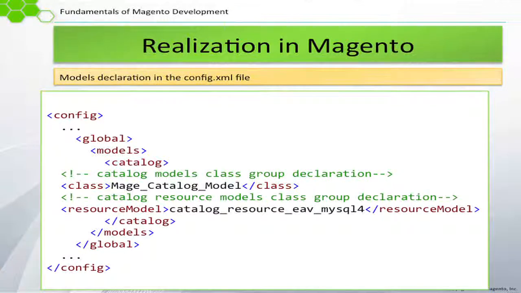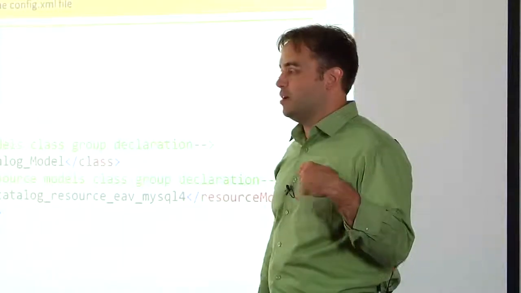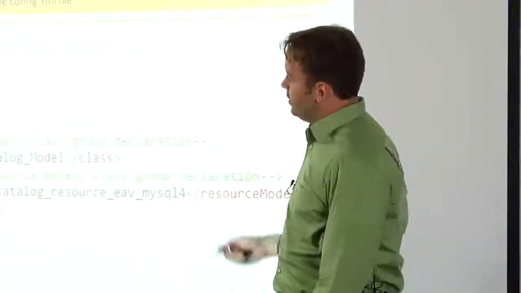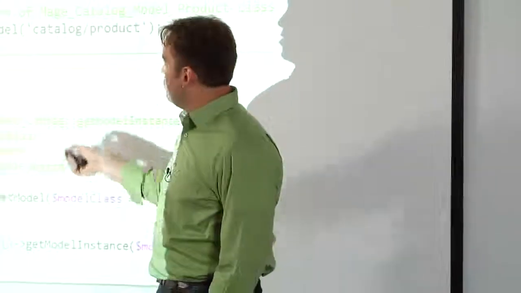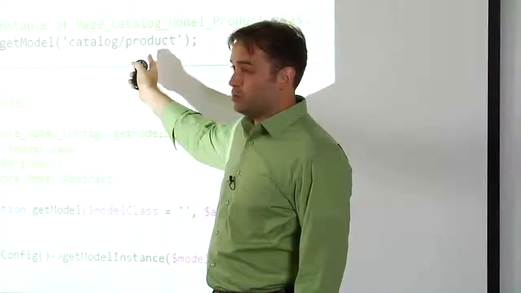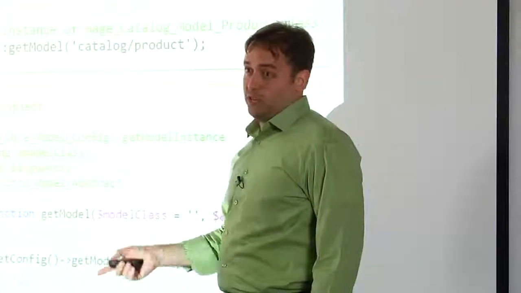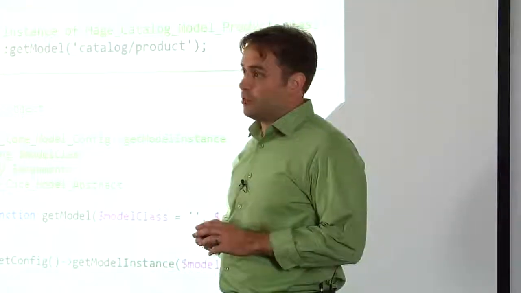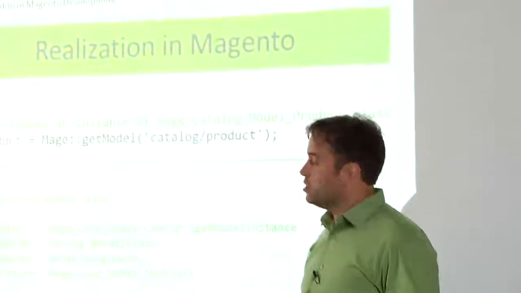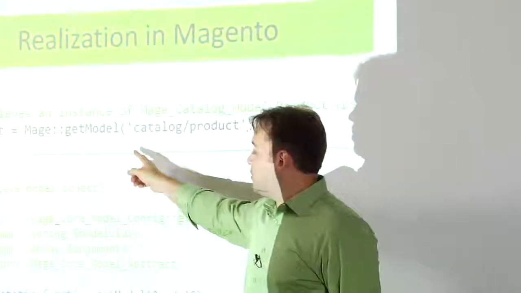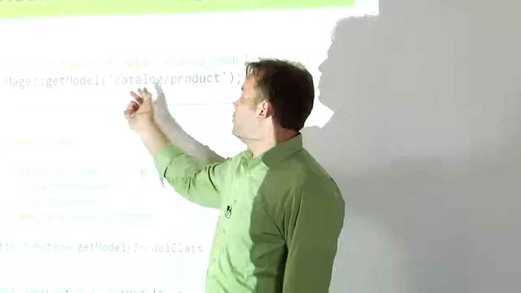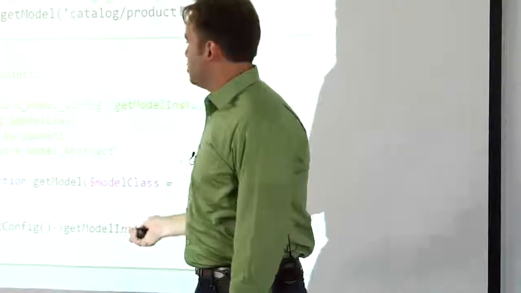So similarly to get model, there is a get resource model call, and get resource model does the same thing. Actually, the catalog product resource model. So this is how we would actually get the model that knows about storage of products. We would have the same call. It would just be Mage get resource model catalog/product. And similarly,